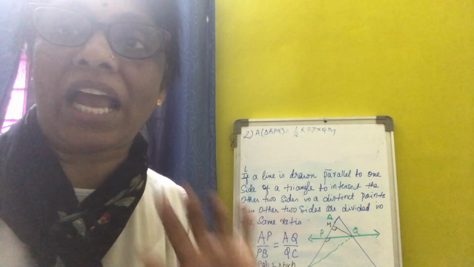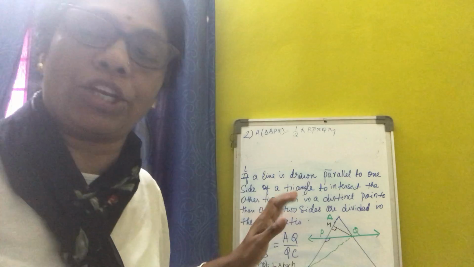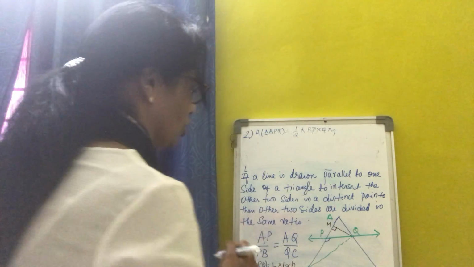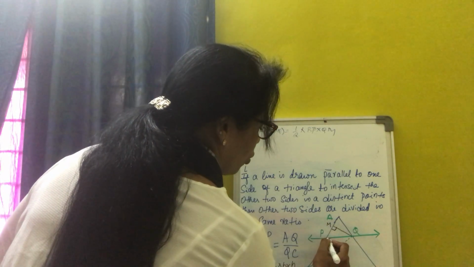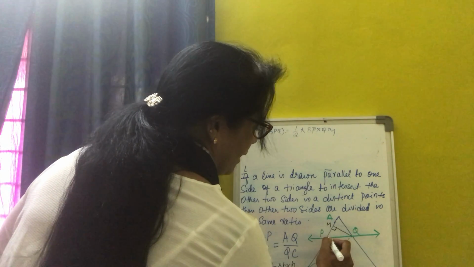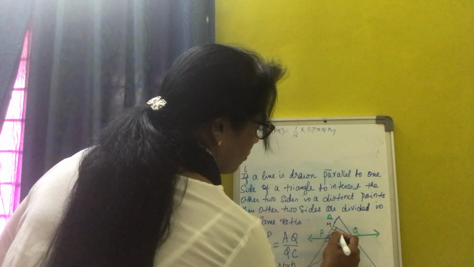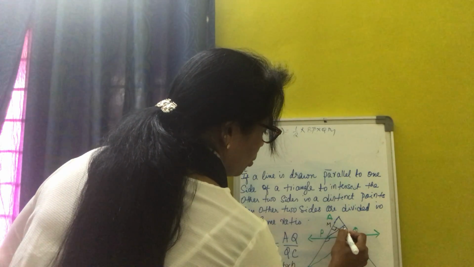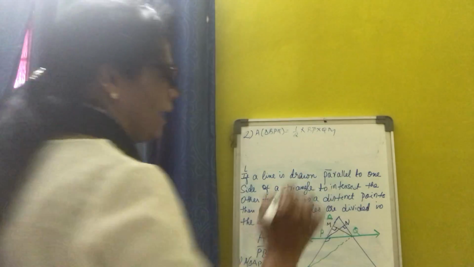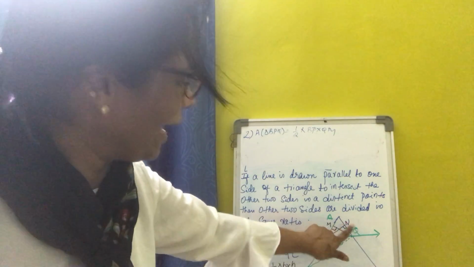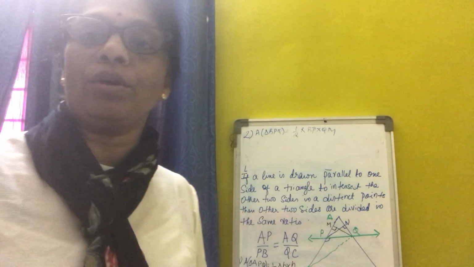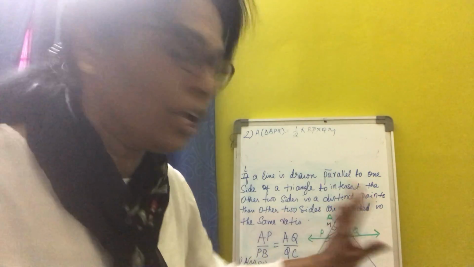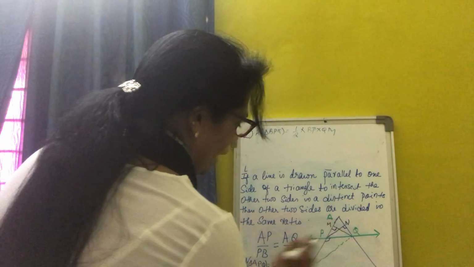So I want to choose a triangle now which contains AQ. Again, I want to do the construction here. Again, I am taking APQ. If I want to take AQ as the base, I want to do the construction from the vertex P to AQ. This is N. PN perpendicular to AQ. So I got the triangle APQ with AQ as the base.